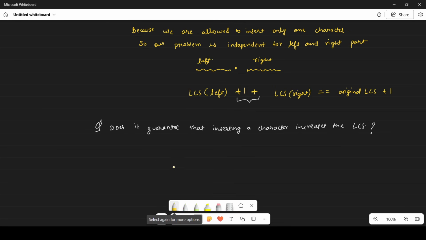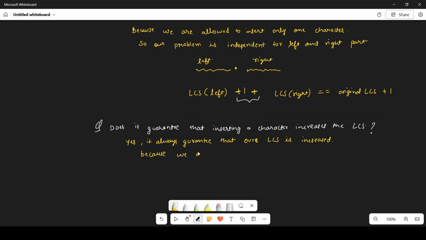So the answer to this question is yes. It is always guaranteed that our LCS is increased. It is not sure that it will reach original LCS plus 1, but it is increased because